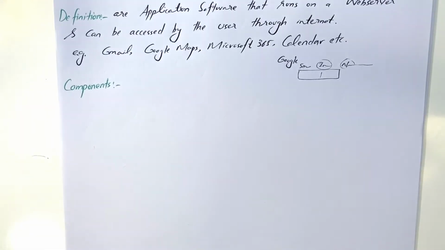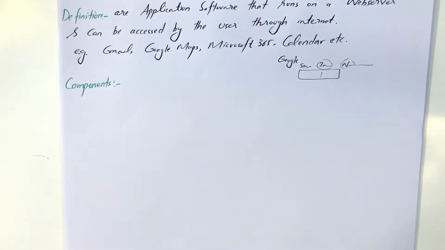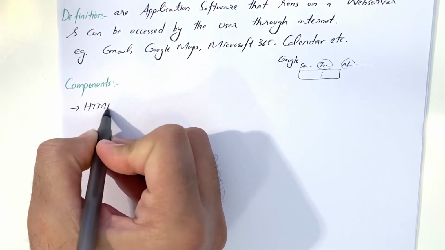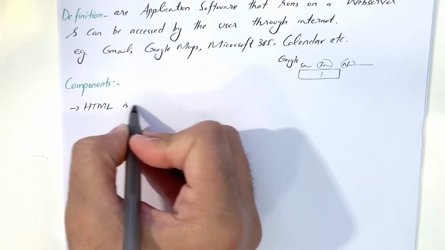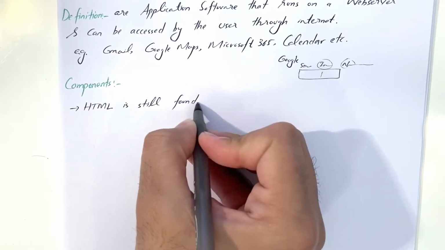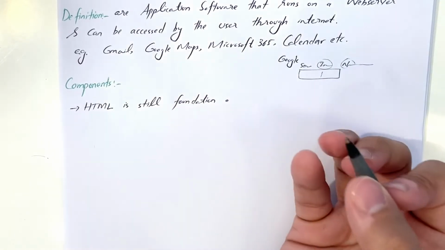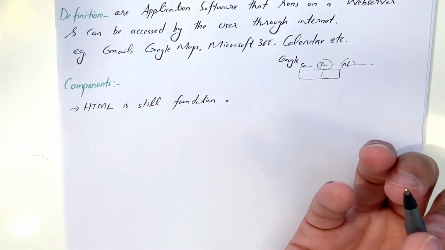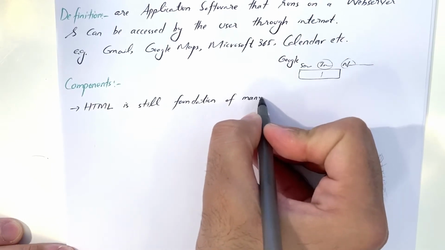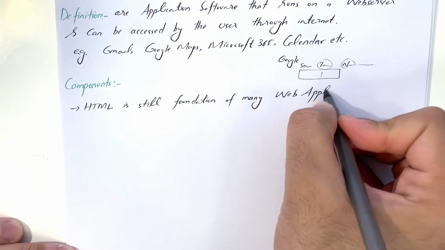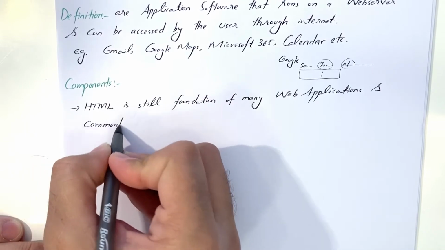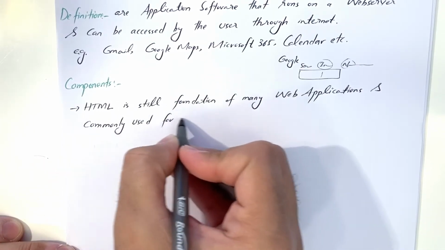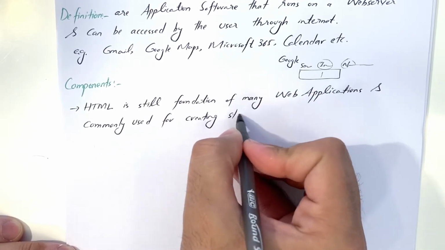So web application is nothing, just application software runs on internet. Components, how we can design a web application. Typically, or you can say still, HTML, hypertext markup language, is the foundation of many web applications. So HTML, hypertext markup language, is still the foundation, or you can say still the building block, of many web applications, and it's commonly used for creating static